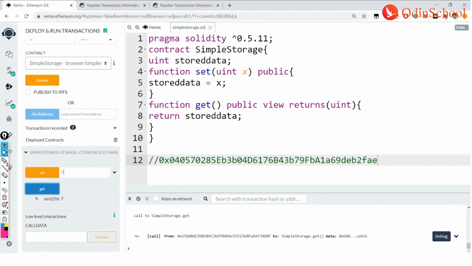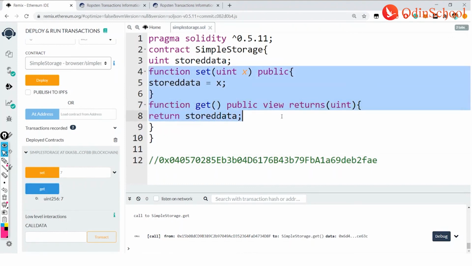Okay, so whenever you interacted with your contract by passing a value, it deducted some gas, and then when you click on this get, it is showing you the output which I have passed in the set. And the main intention of the program was also that, when I was explaining the program, I said very clearly that whatever value you are going to pass in the set, you need to get that value. Because that's how the smart contract has been written, from line number 4 to line number 8. I hope you have understood whatever I have explained till now. That's how you are going to deploy your smart contract, and then you can see that inside the Ethereum blockchain.